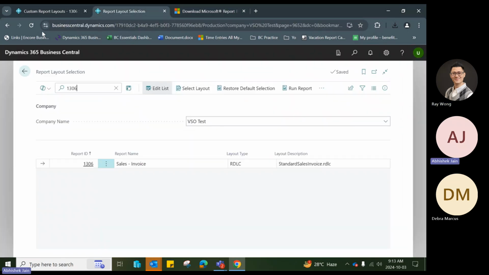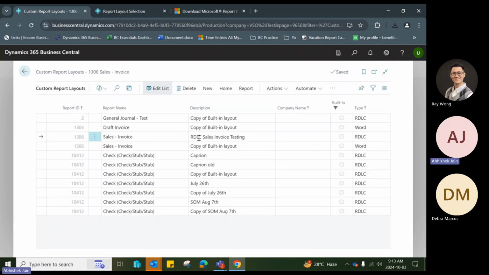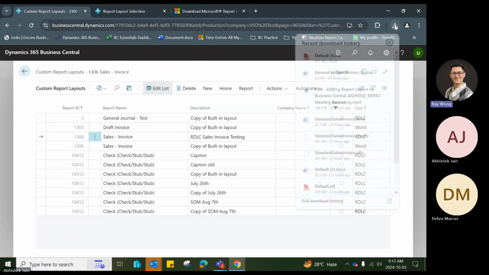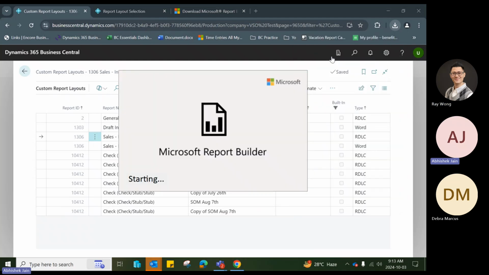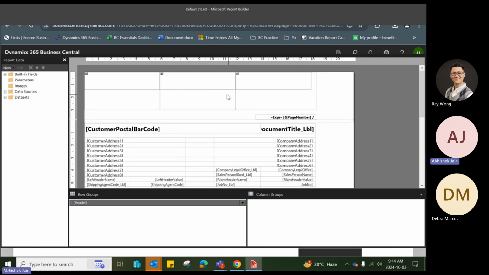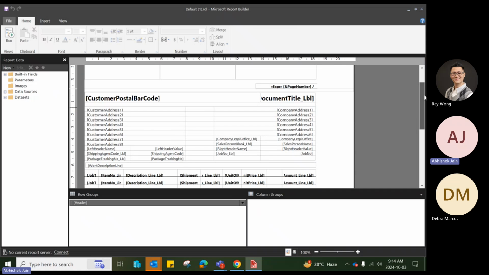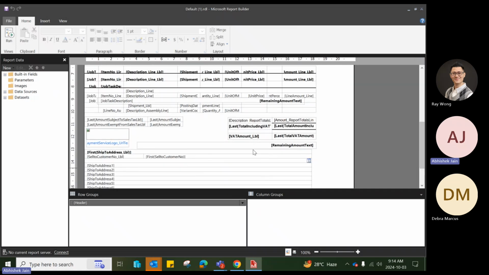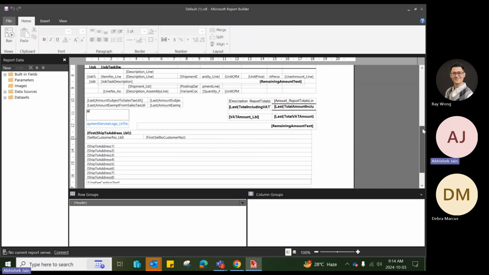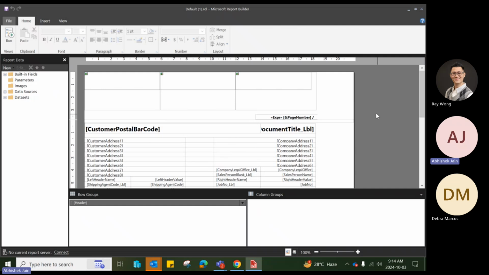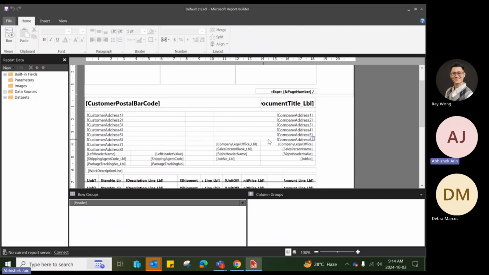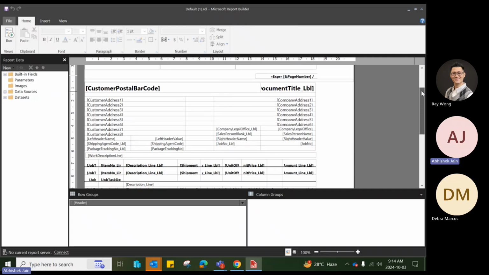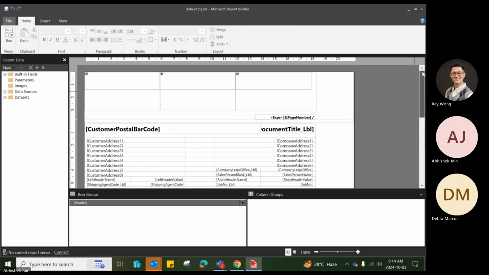Okay. So now once you export this layout to your computer, make sure to open the file. Once I open the file, this is how the report layout looks. This might be very confusing at first glance. It's confusing to know which options mean what in the report. Since you're working on this for the first time, all we have to do is